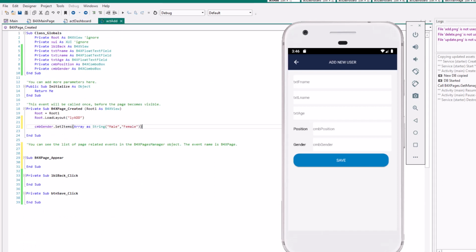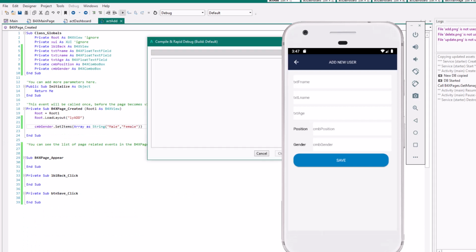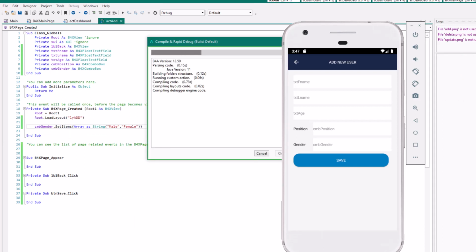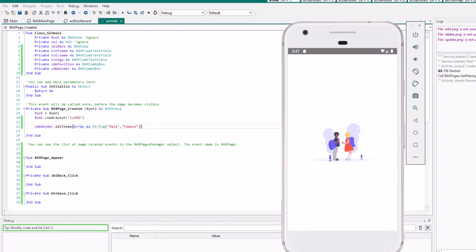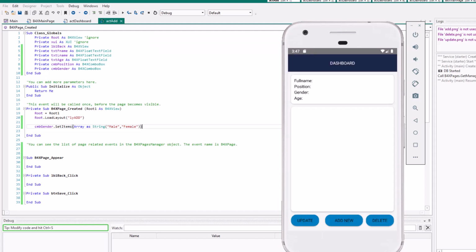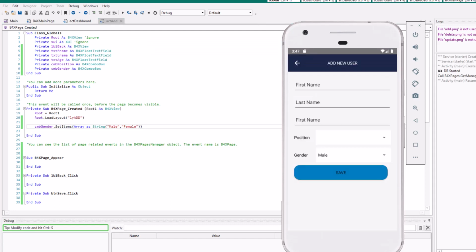Let me see if the code I wrote is correct. Splash screen, then here, when you click add, it should take us to the add page. Good. Then we have the gender populated with male and female.